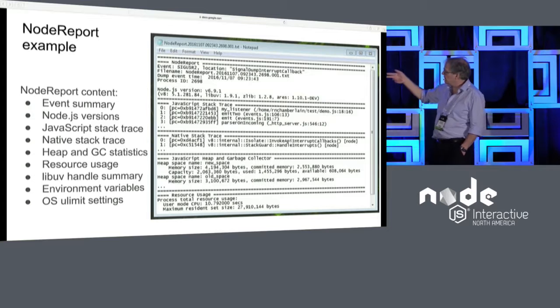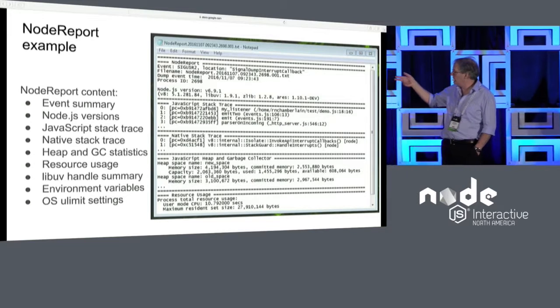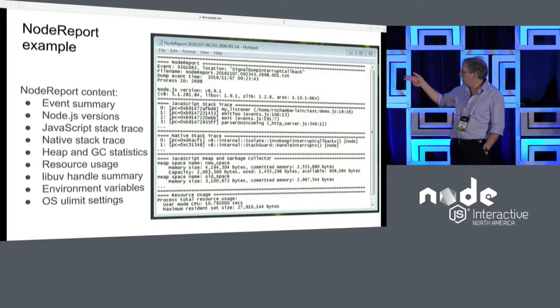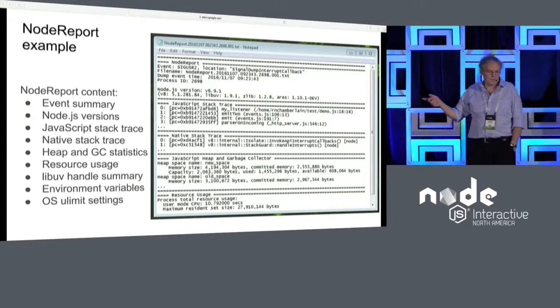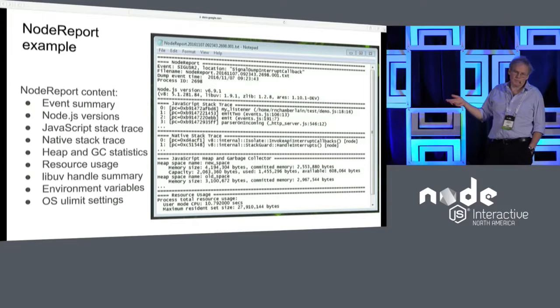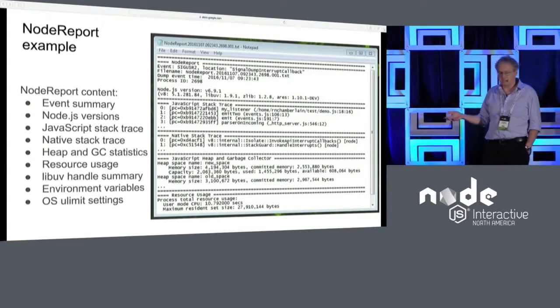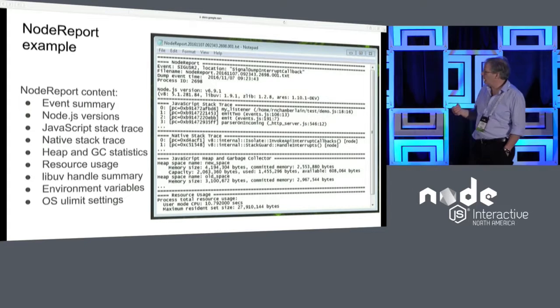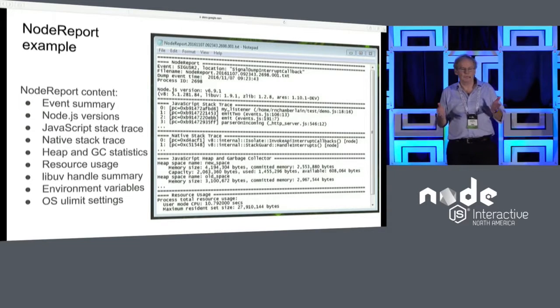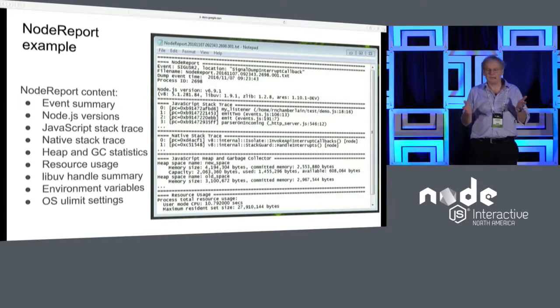And then some stats about the current heap sections, how full they are, how big they are, some resource usage information, and we've got more information about the parameters used in that program, the environment variables, ulimit settings, that kind of stuff. We still need to add some more event loop type information into there for that to be useful, and outstanding callbacks, that kind of thing. But hopefully that'll be useful in production to produce a simple report that you could look at straight away without any tooling at all.